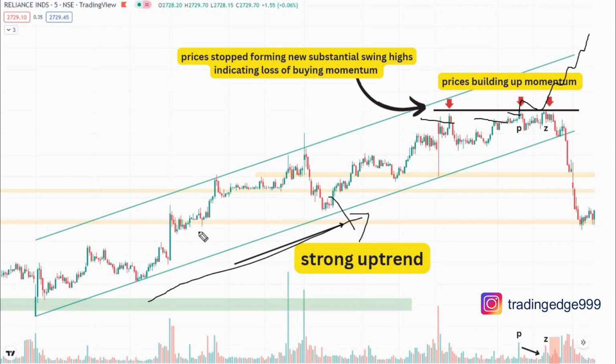Here they were very much interested in buying aggressively. That's why prices went up. But what happened now? At these prices, buyers are not that interested to buy aggressively. That's why prices have stopped forming substantial new swing highs, and it is forming a